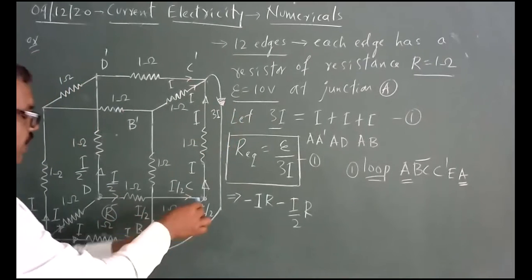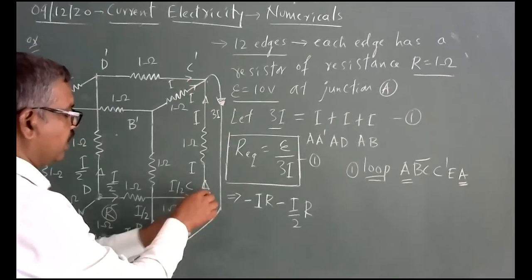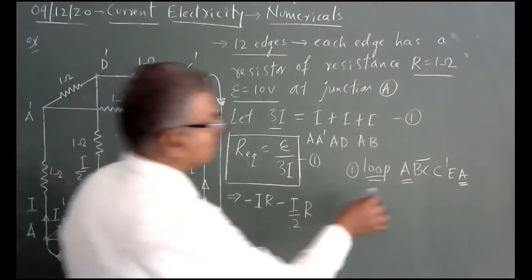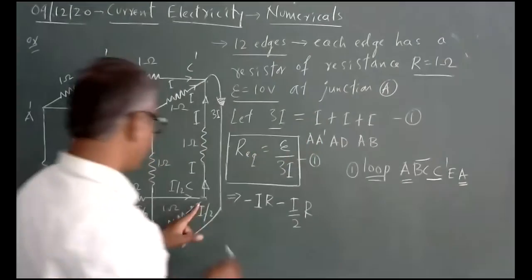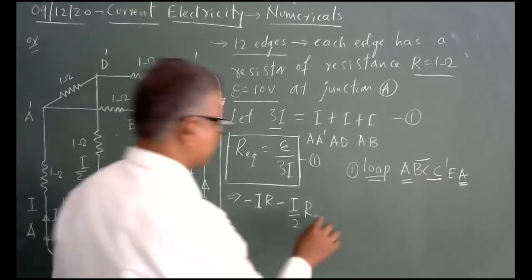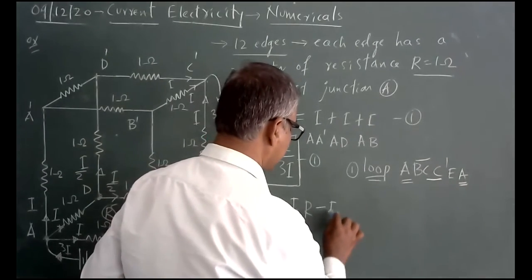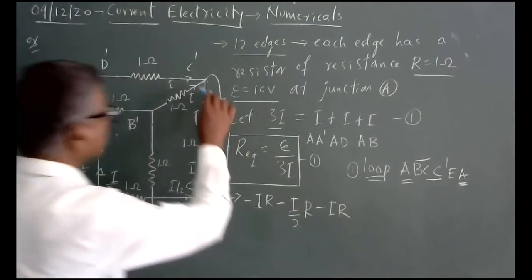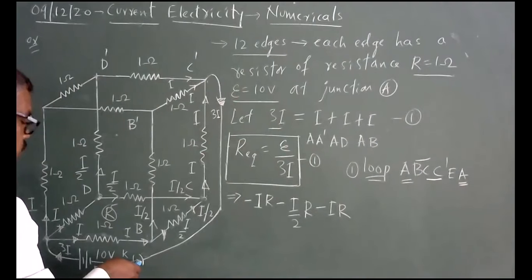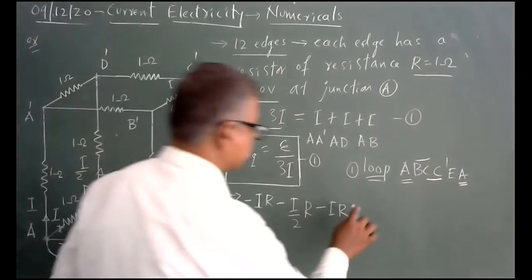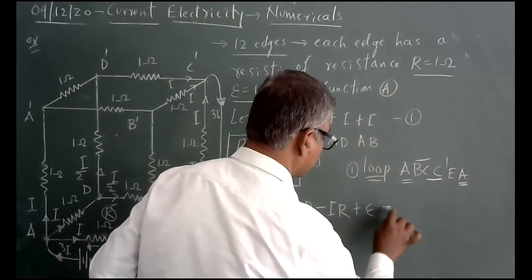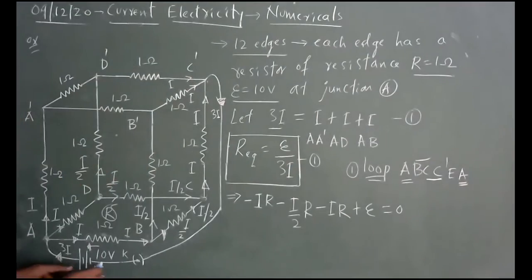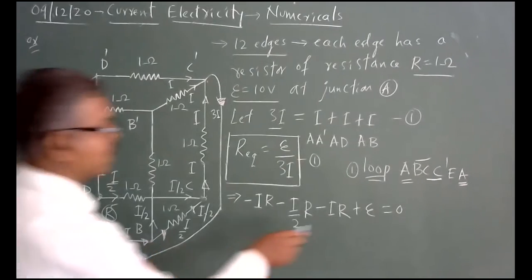Now let me write from BC, I have written. Let me write from CC dash. Now again the current is I, resistance is R. It is the same direction, IR. Now when you move through this, there is no resistor or a cell. The travel direction is entering from N side to P side. I need to take it as plus EMF, which is equal to 0. We know that this EMF is 10 volt. Let me write it as E.